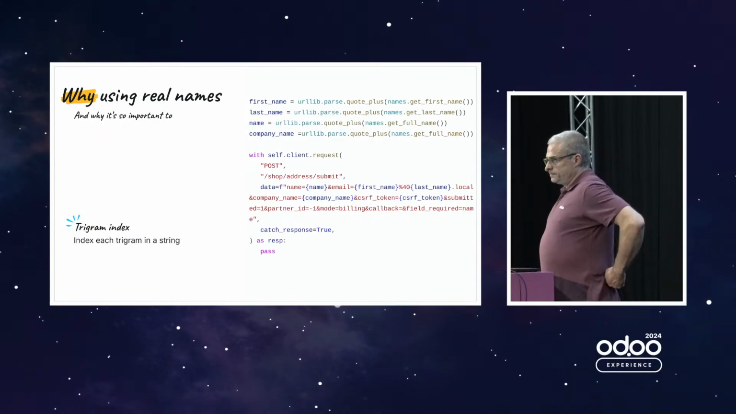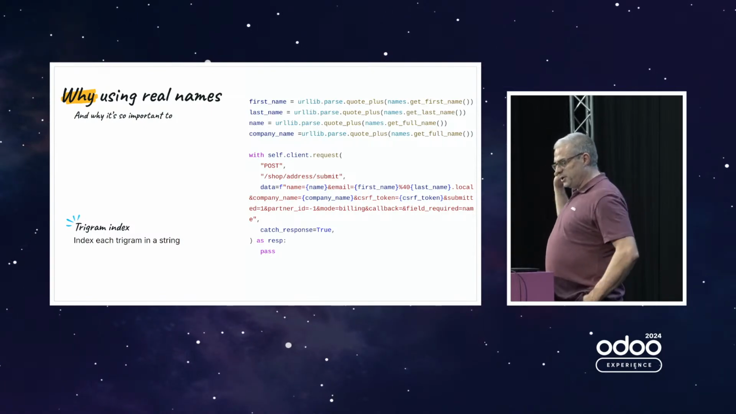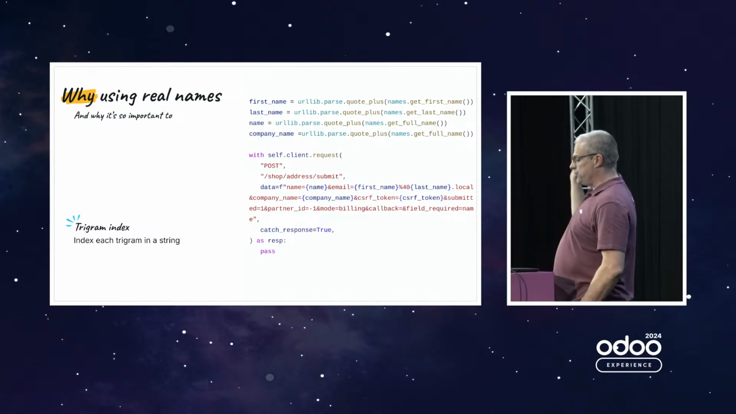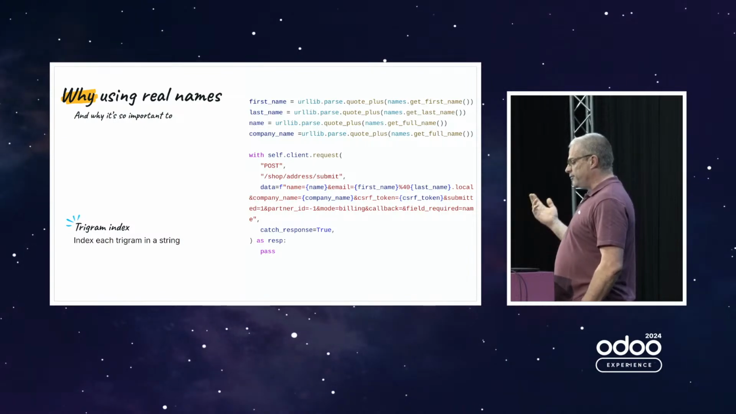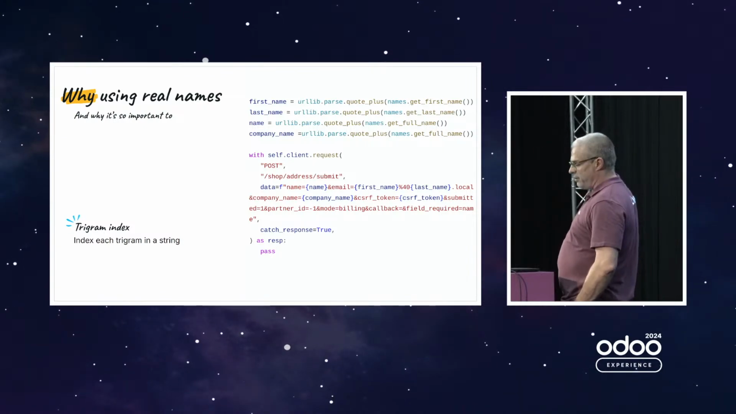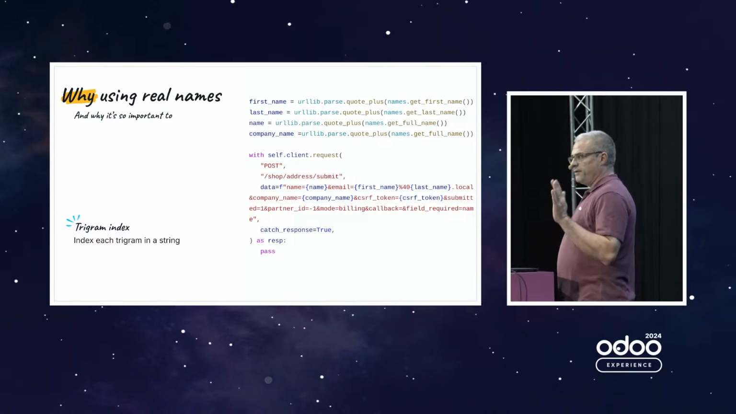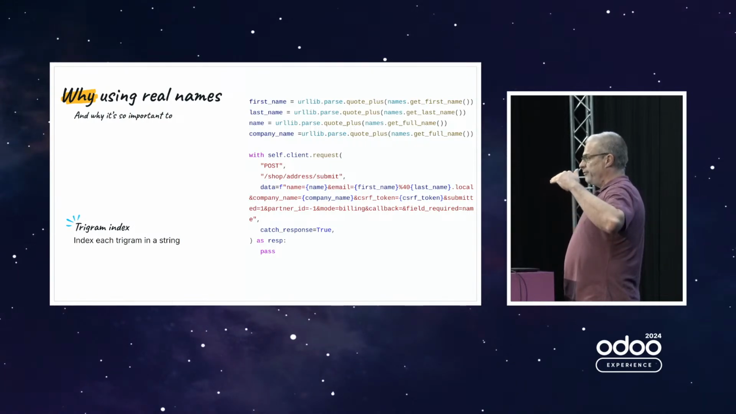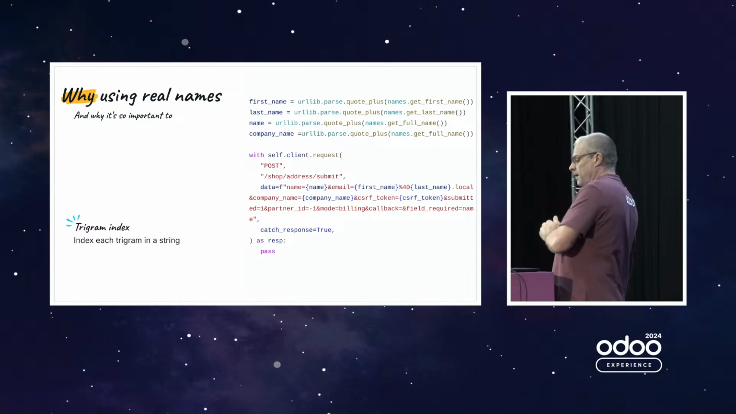In the dependencies of Odoo Locust, there is also a dependency called names. Names is a Python package which generates real names. You have get first name, get last name, get full name, and multiple other methods which return names. It's very important to use them because in Odoo we perform searches with contains,